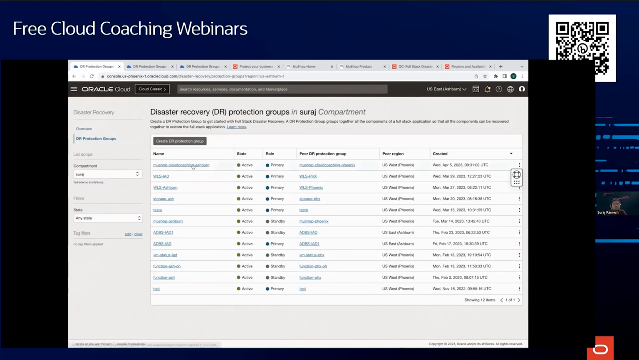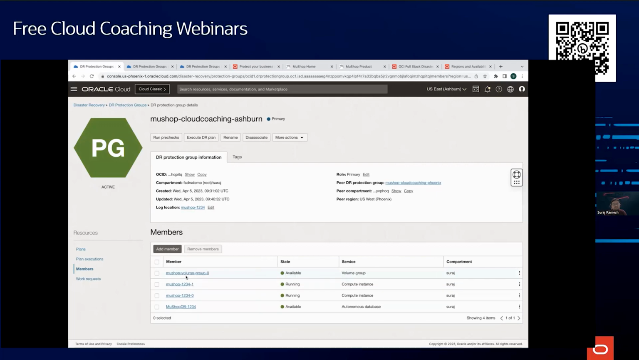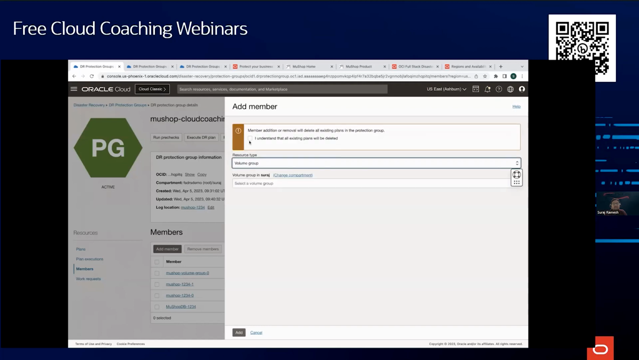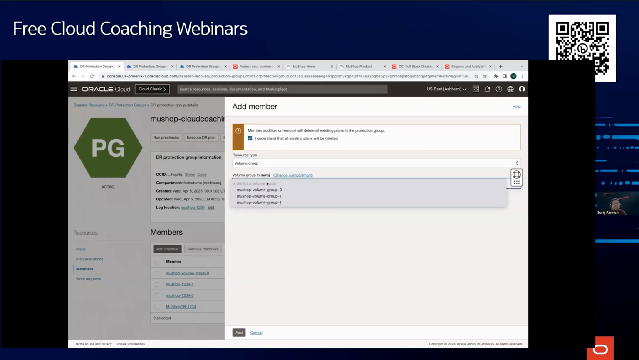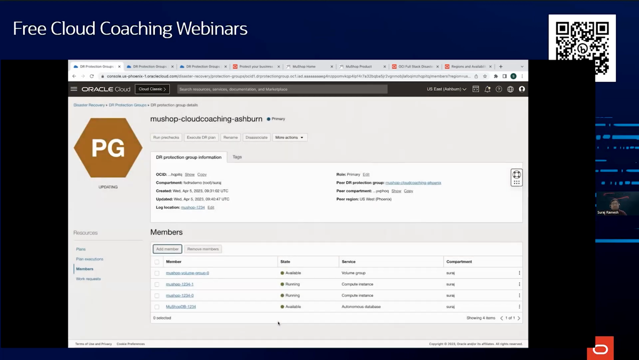Okay, so now let's see the members. Yeah, I can see the storage volume group has been added. The final one, I'm going to add the other storage volume group. So I have two volume groups for the two compute instances. I'm just going to add both here. So with this, I've added all my members which are relevant for this application in both the primary and the standby